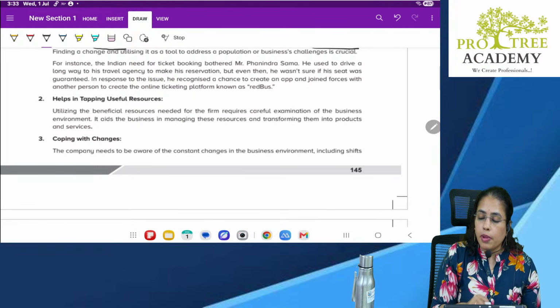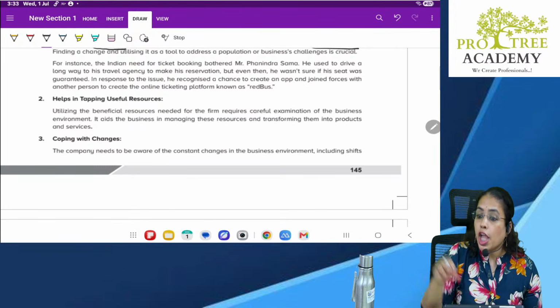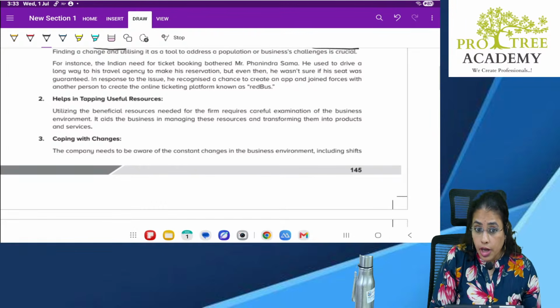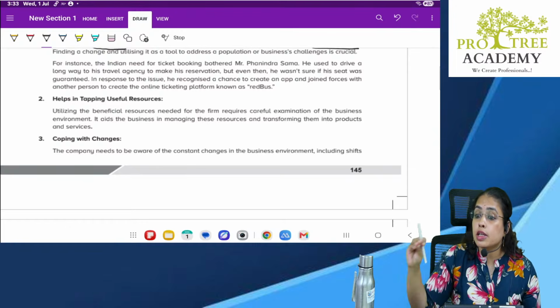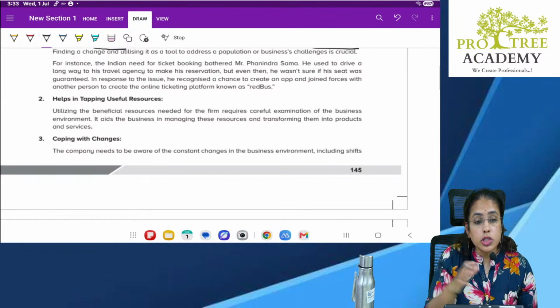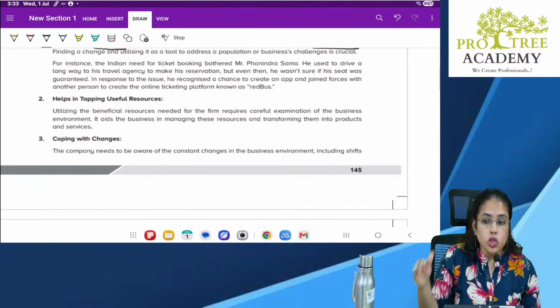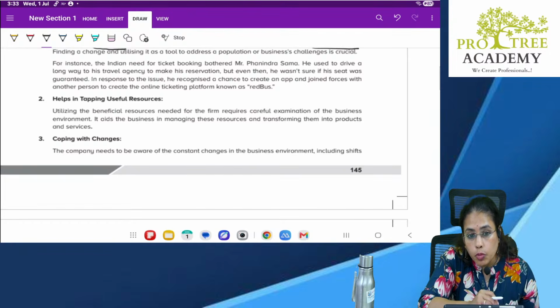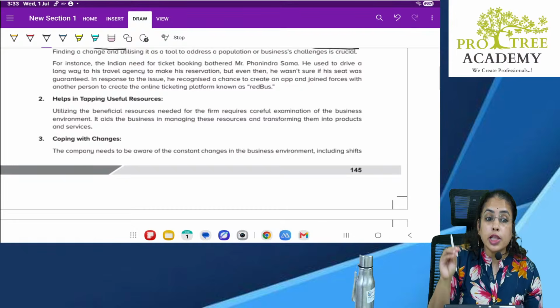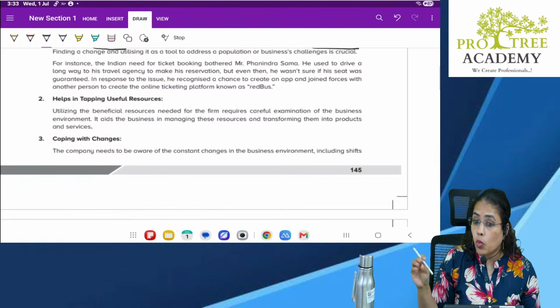So whatever resources you are having, you have to study your internal environment also and know where you can utilize the resources best, because there are different segments, right? In every segment you need some raw materials or some funds, everything you need. So where you have to put more funds, where you have to put more raw materials, all these things should be observed by you. What is the demand for you in the market? As per that it will be there.